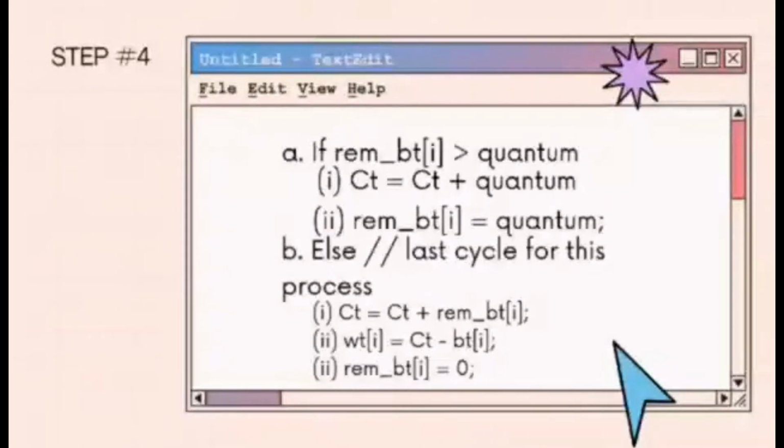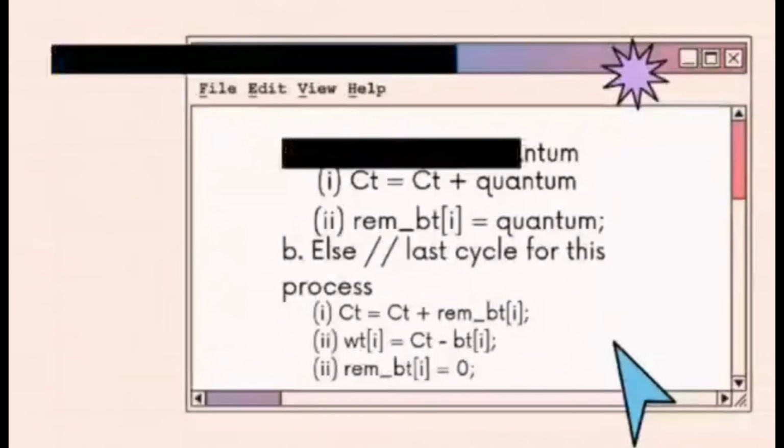In letter B, the else, the last cycle of this process. The first is ct equals ct plus rem_bt[i]; the second is wt[i] equals ct minus bt[i]; and the third is rem_bt[i] equals 0;